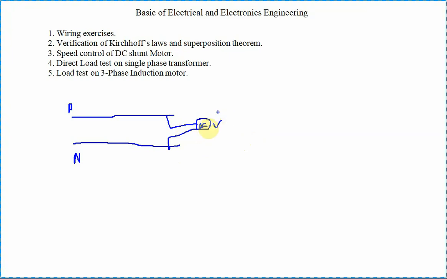The standard voltage is 230. Due to the drop in transmission line losses, you are going to get 220. Okay, so that is about the voltmeter. Previously I said about the tester.